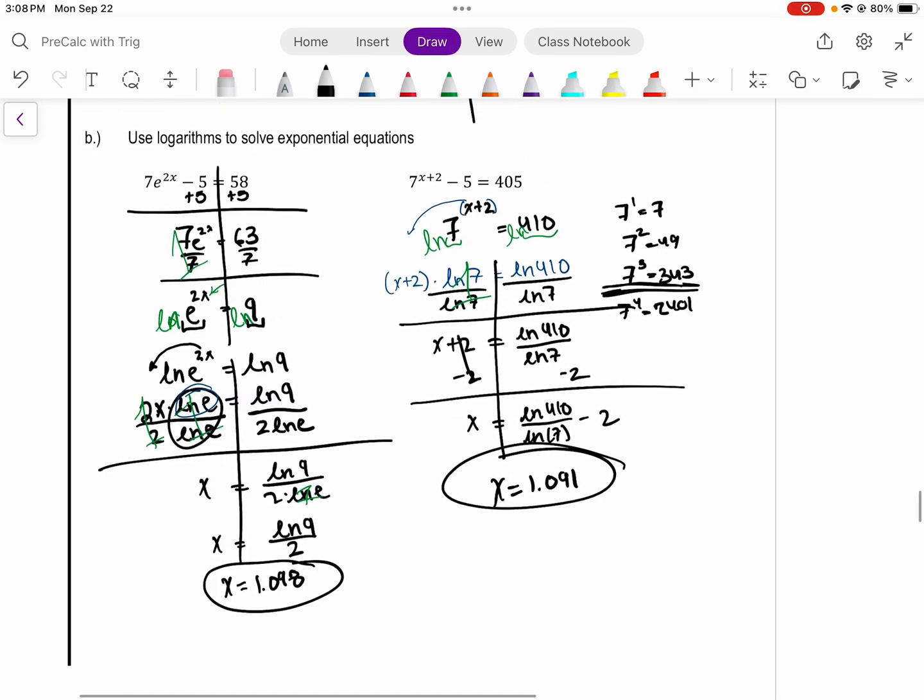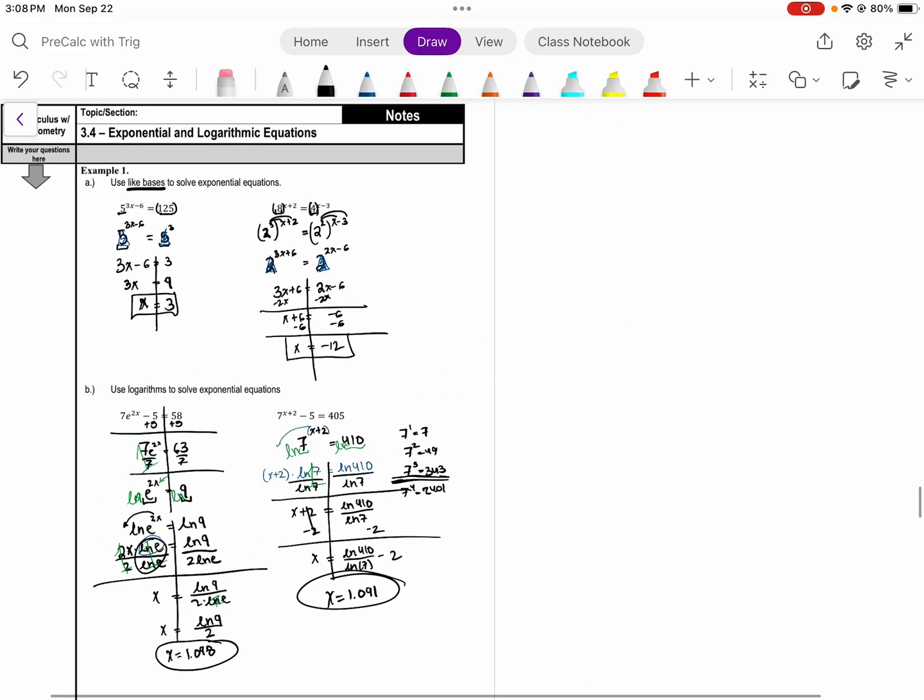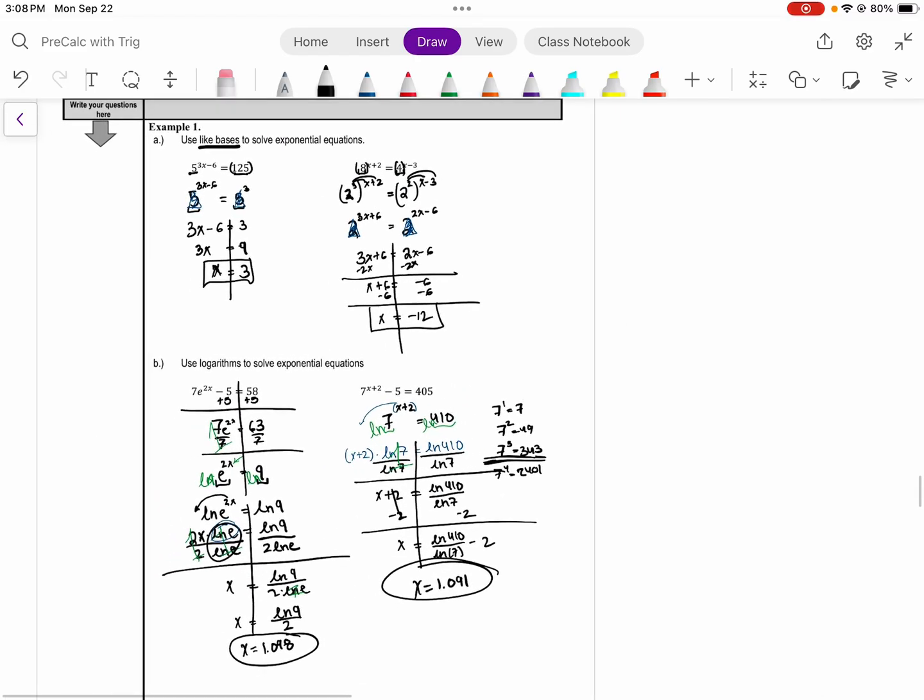Okay, so that is how we solve exponential equations. So please remember that these ones are exponential, solved either by using like bases or by using logarithms when the answer is a decimal. Now,